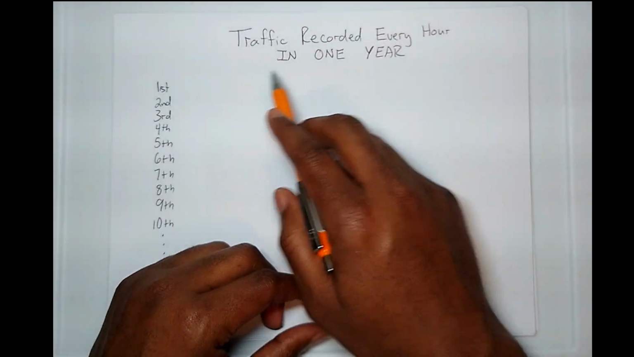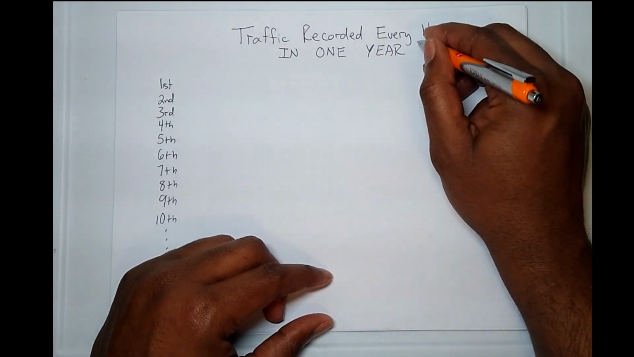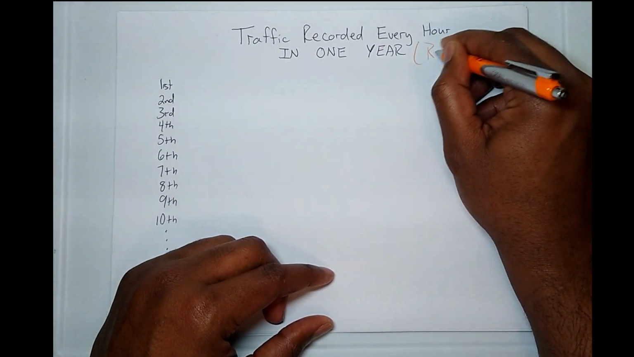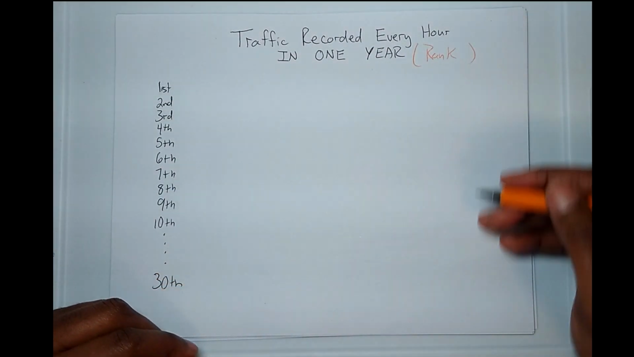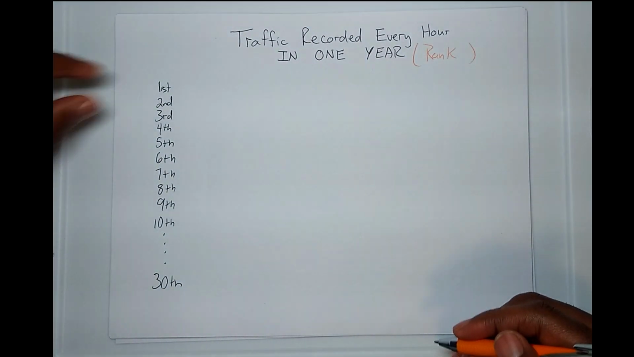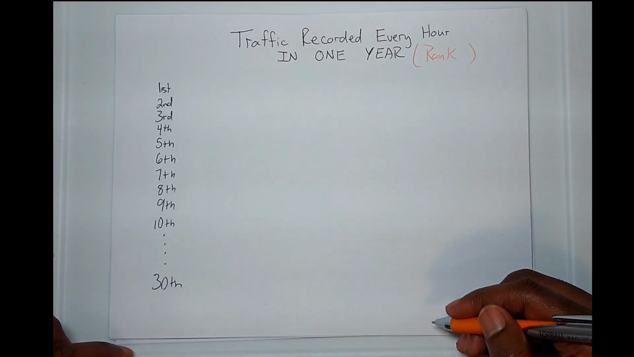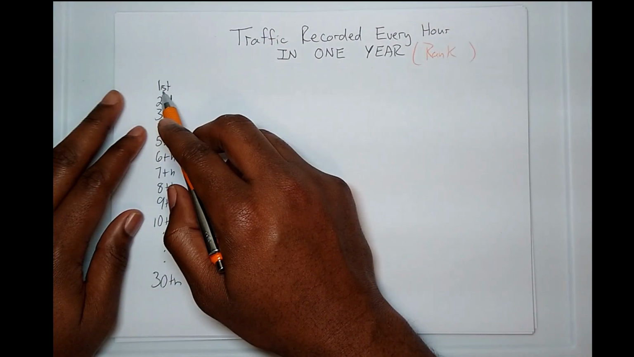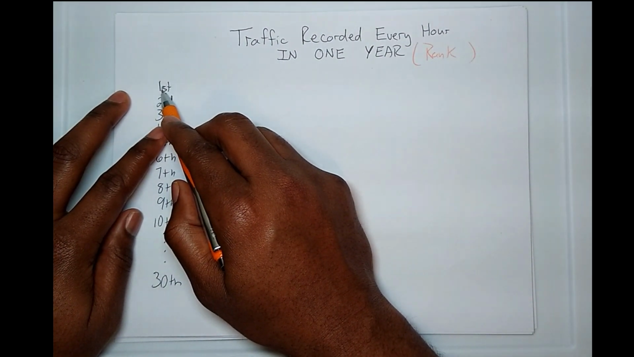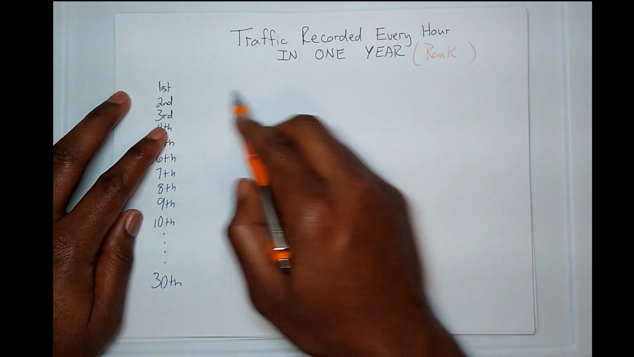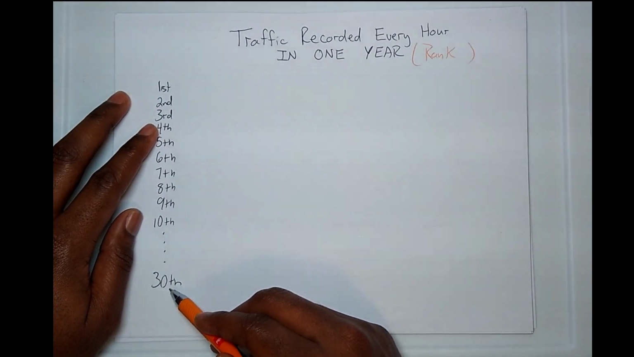And so we had the traffic that's recorded for every single hour in 1 year, and then we ranked each one of those recorded hours from the highest number of vehicles to the lowest number of vehicles. And so this may be the hour that created the highest number of vehicles, and down here would be the hour that created the 30th highest